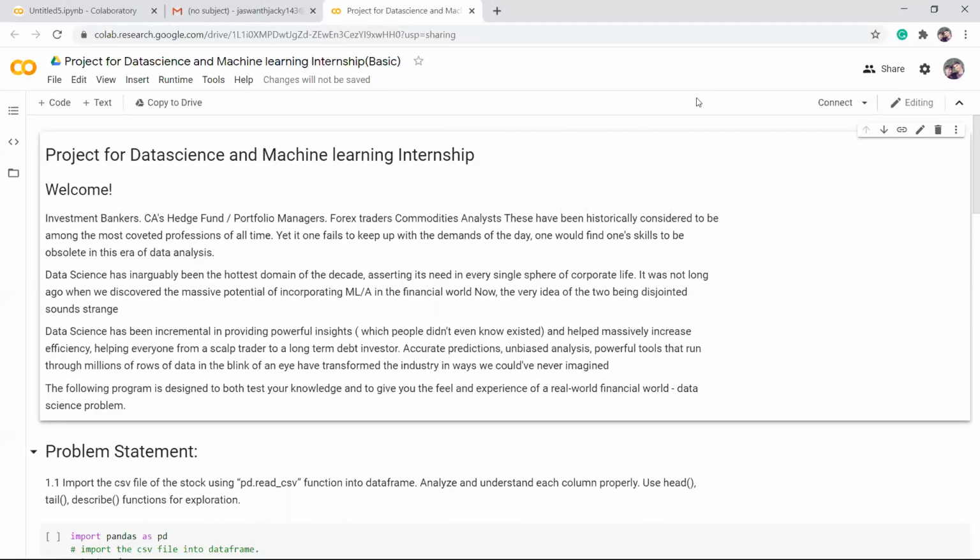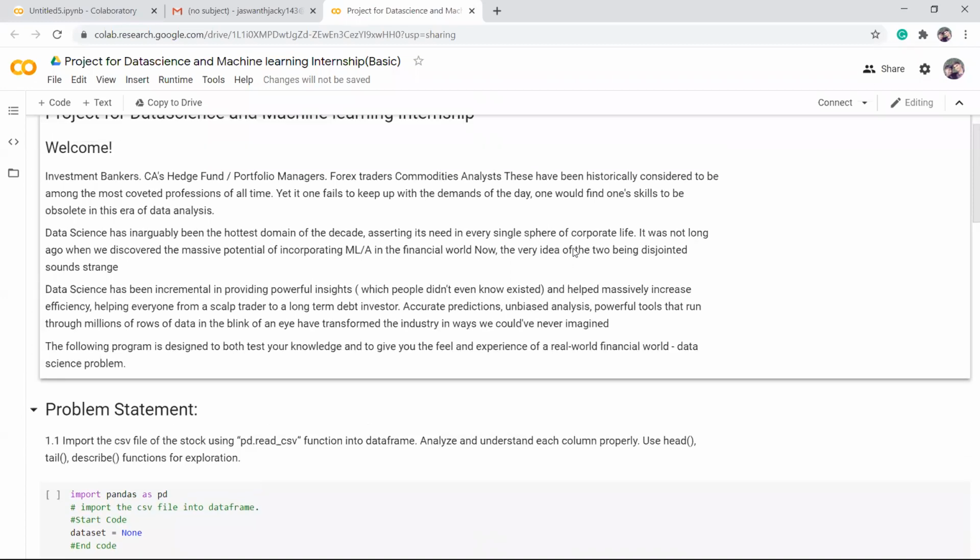When you go to the drive link provided there, you'll see three IPYNB files which can be used either in Google Colab or in your local setup, Jupyter Lab. IPYNB files will open only in Google Colab or a Jupyter local setup.